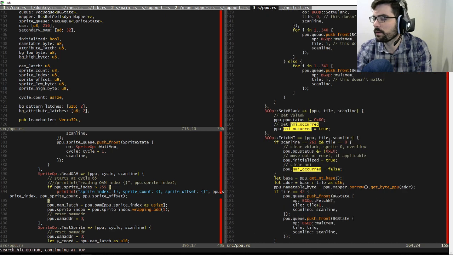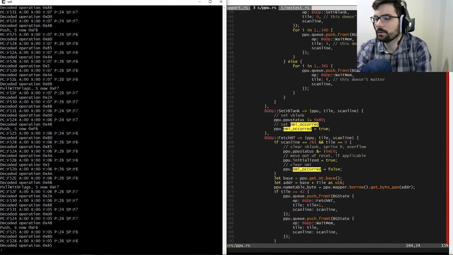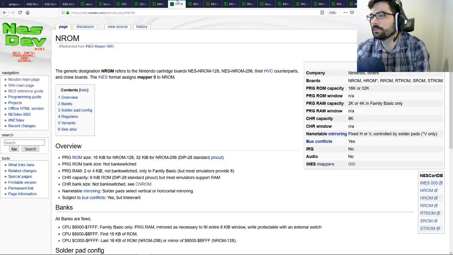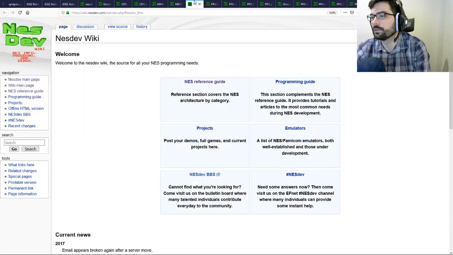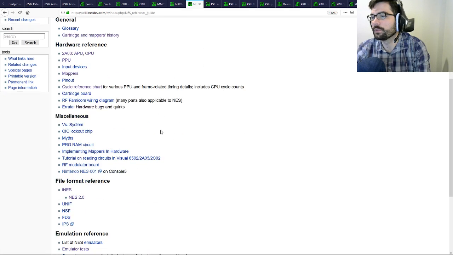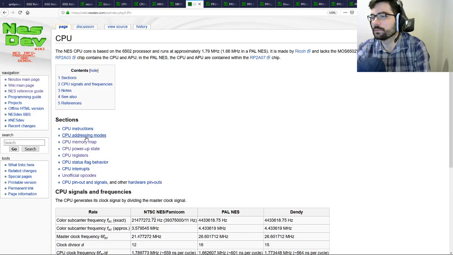Do I have IRQs enabled? Implemented. Well, no, I don't. I thought that there weren't any, unless you were on a particular mapper. I could be wrong about that, though.